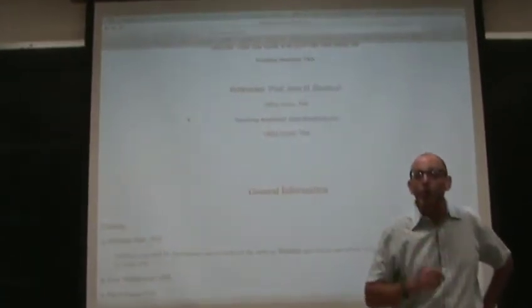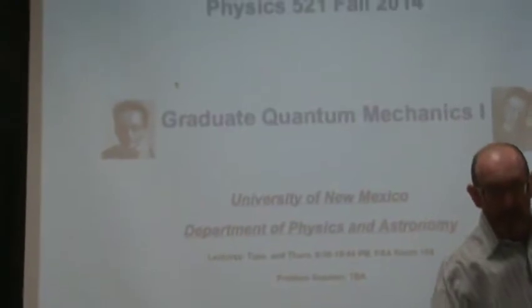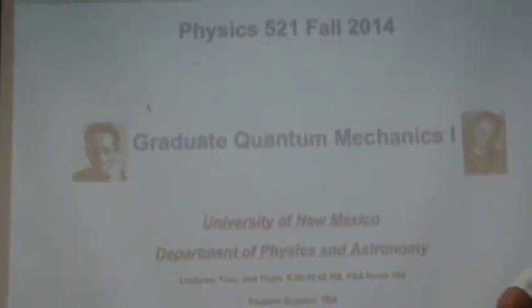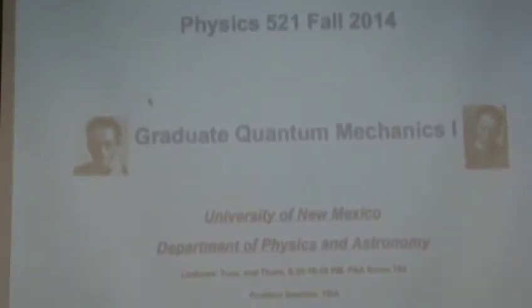So let's see, there's a few things I'd like to discuss in terms of the organization of the course to get started. Firstly, it's crucial that you've had, in order to take this course, the equivalent of the course here at UNM 491 and 492. That's our undergraduate level, senior level quantum mechanics.